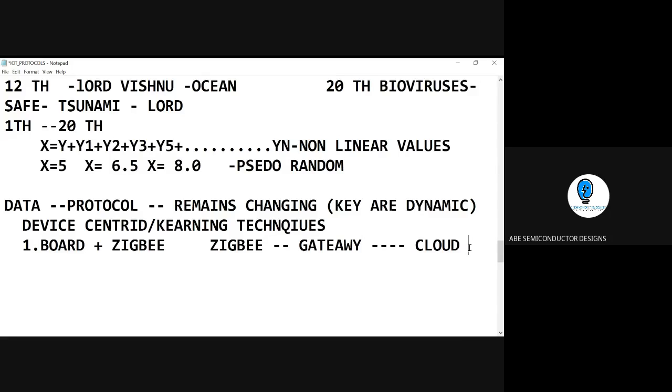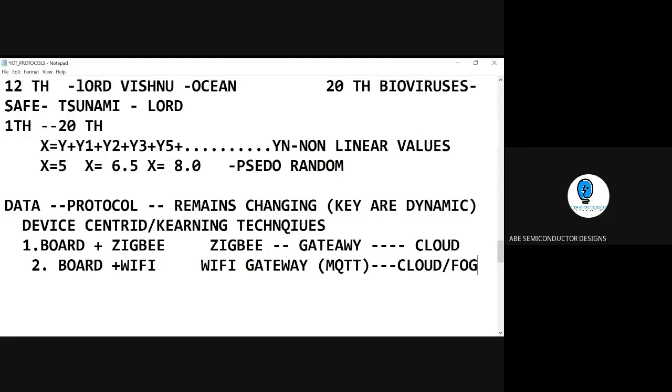Second scenario is the board again. What we talked about, there is no MQTT here, right? So the board is already set up, as I told you, with Wi-Fi, and with the Wi-Fi gateway, with the help of the MQTT protocol. This is another thing which has come across here. Again, you can go forward. So these are all the techniques. Again, Wi-Fi can be replaced with LTE, or any other case. This is the logic we come across here.